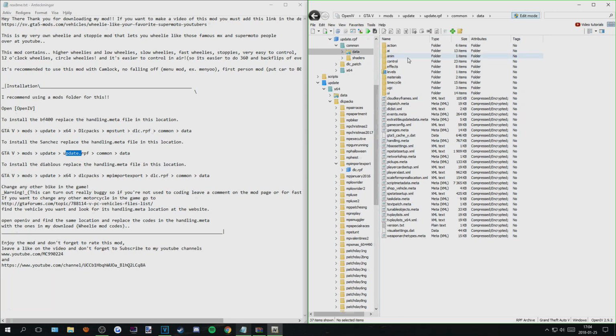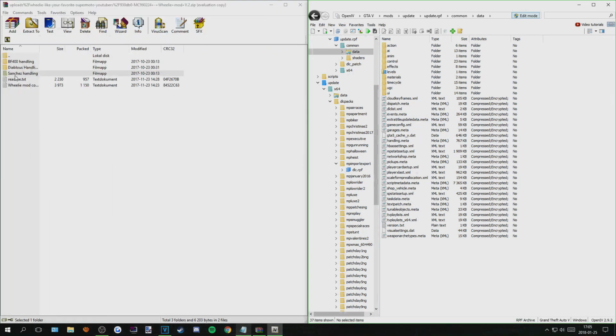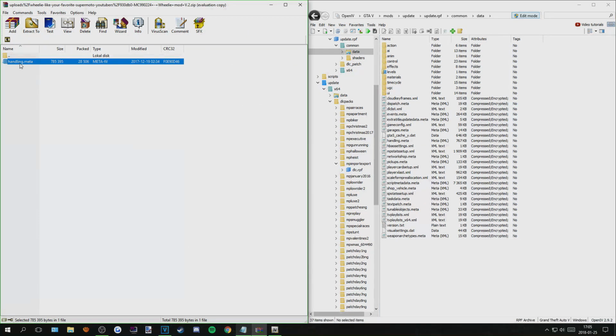And here we are. We have a lot more files in this location, since this is where they've stored all the vehicles from the original game, all compact in one big file. There will be more stuff here. It's obvious, since the DLCs are smaller than the game itself. So now what we're gonna do is go back, go to the Sanchez handling, just take this and replace. And that's how easy it is to install my